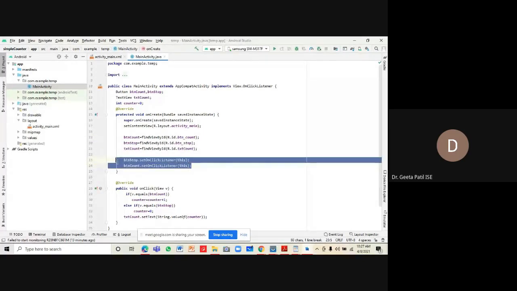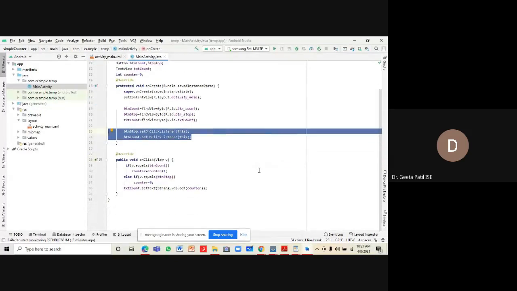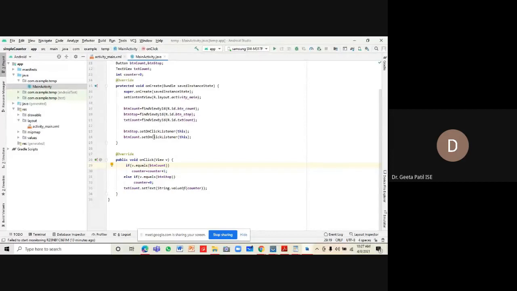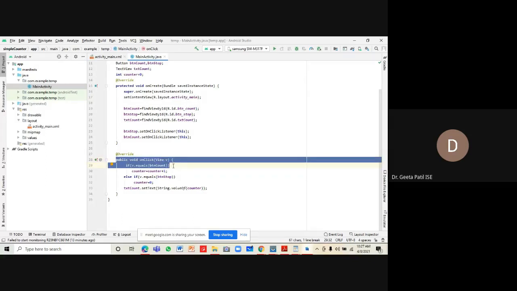Once this linking is done, we call setOnClickListener for button stop and button count. Now, what do we do in the onClick listener? When a button is clicked, the onClick function is called for those buttons. This onClick function takes an argument of view v.